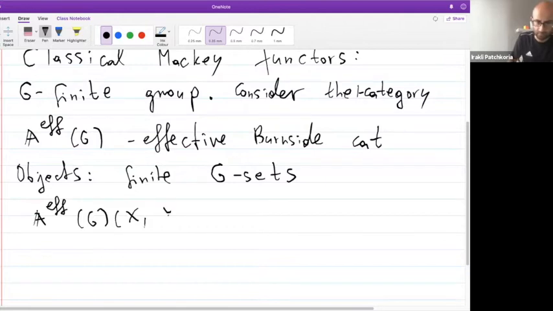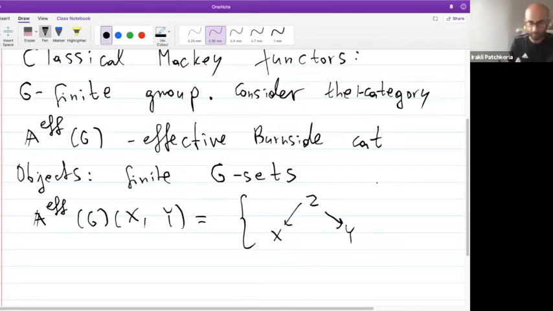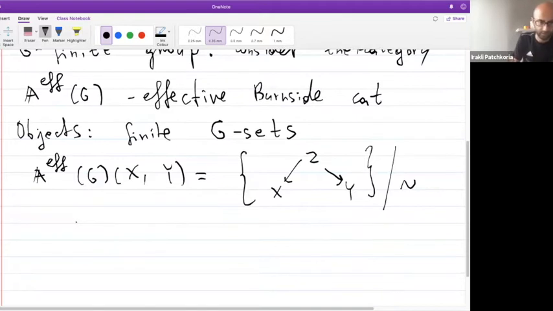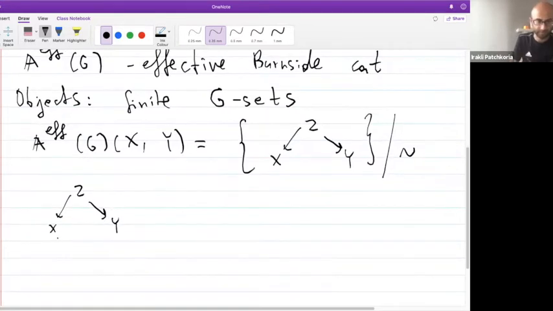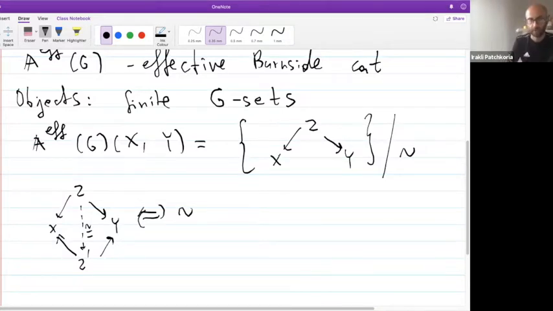from X to Y are just equivalence classes of these kind of spans, which you probably have seen before, of maps of finite G-sets, modulo some equivalence relation. And this equivalence relation is identifying a span like this of G-sets with another span like this, if there is an equivariant bijection here that makes both diagrams commute, and this is our equivalence relation. So this is what you divide out when you consider morphisms: not just these kind of spans, but equivalence classes of this type of spans, and